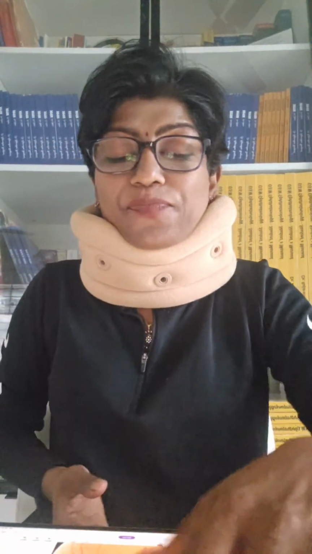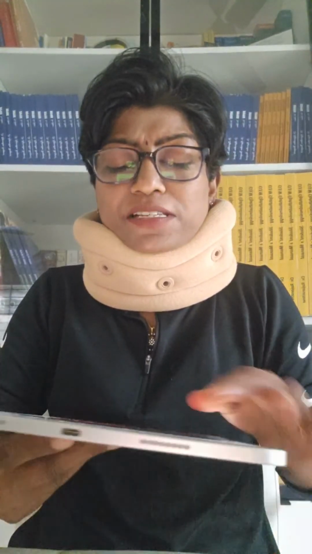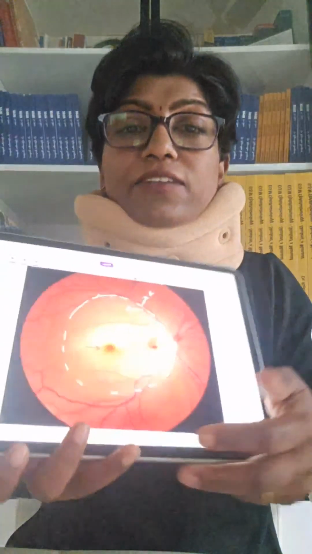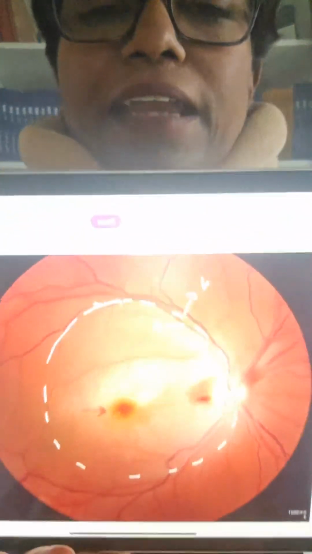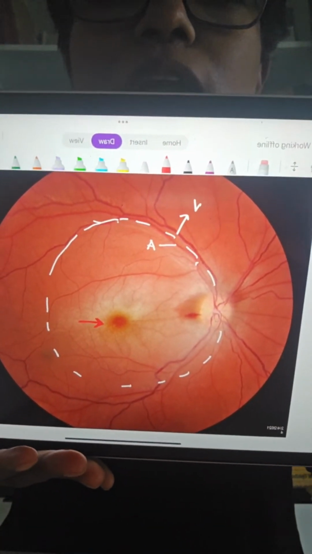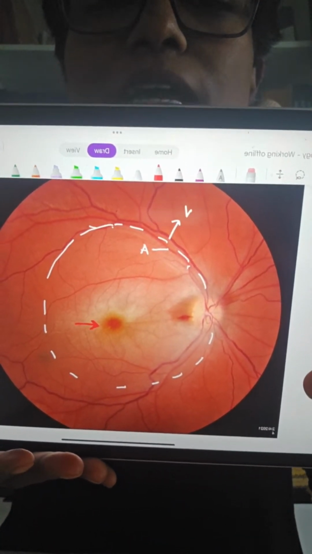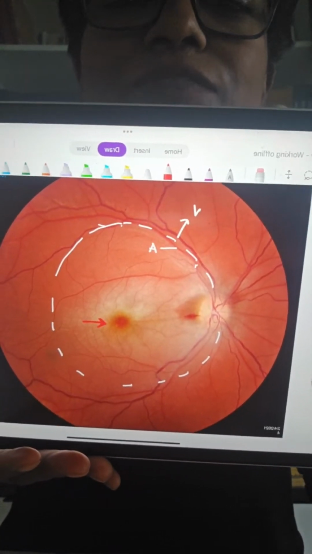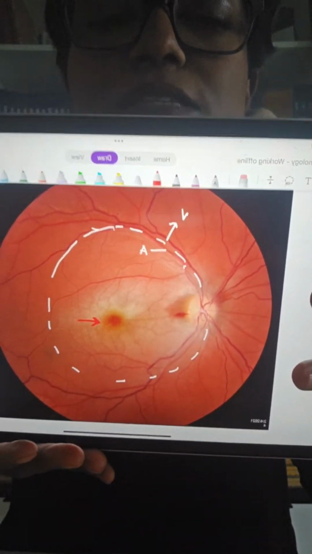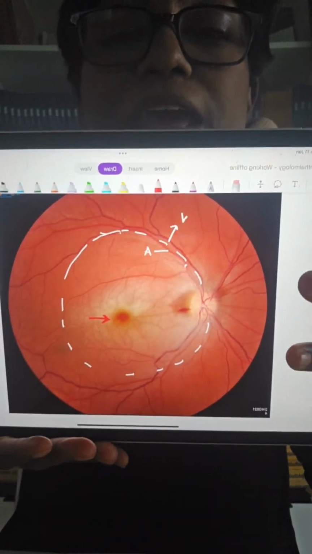All right. So I will also show you the previous Sunday's discussion which we had, which was central retinal artery occlusion, which involved the entire macula. Yes, can you see the entire macula involved? And you got that beautiful cherry red spot. See, as long as the foveola is not involved, you will not have the cherry red spot. Only when that area is involved, you will have foveolar sparing and therefore cherry red spot.